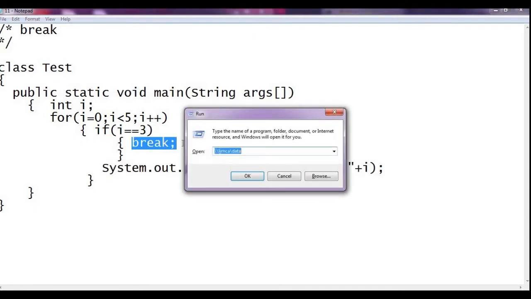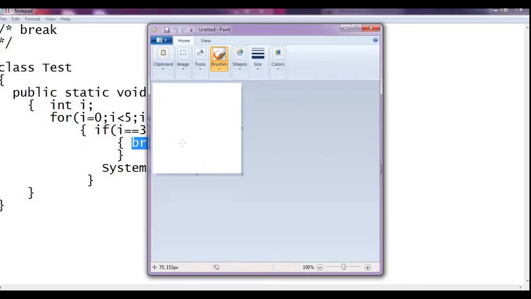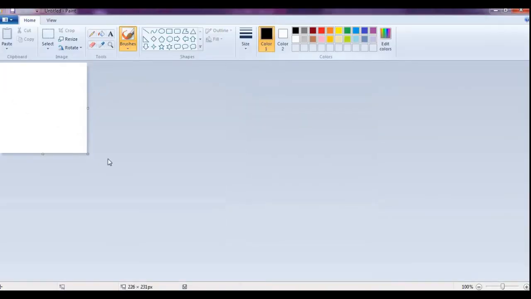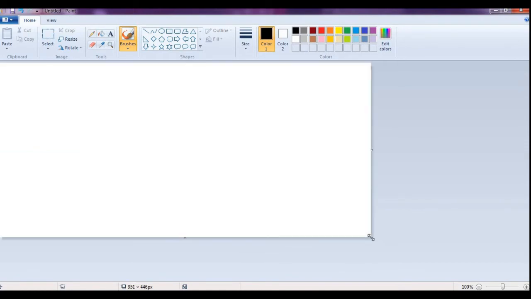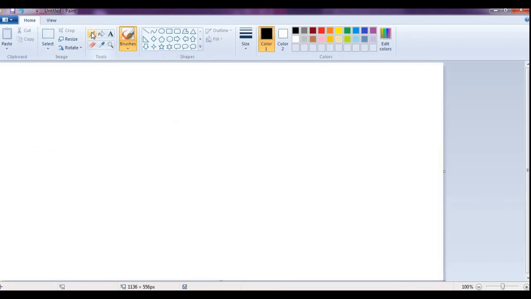What exactly does break mean? For example, i equal to 0, it will work like this. i equal to 1, it will work like this. i equal to 2, it will work like this.